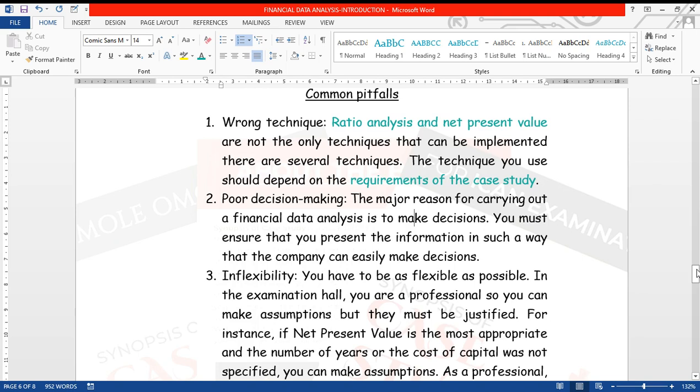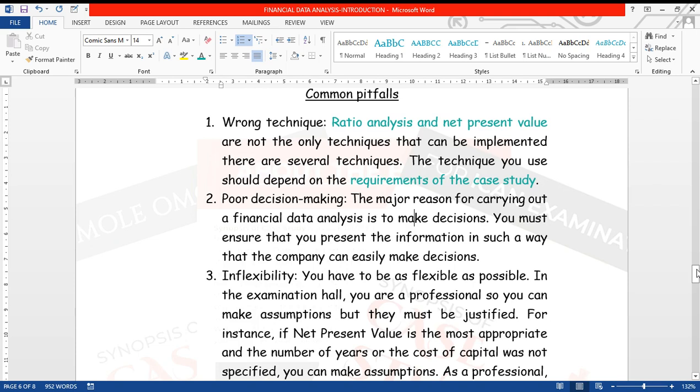It's not your information because that's unprocessed, right? They have that data with them already, so they don't need you to come and be telling them revenue again is 100 million, cost is 50 million, working capital is 10 million. They don't need you to come and repeat what they already know. They want you to help them analyze this so that they can make decisions.